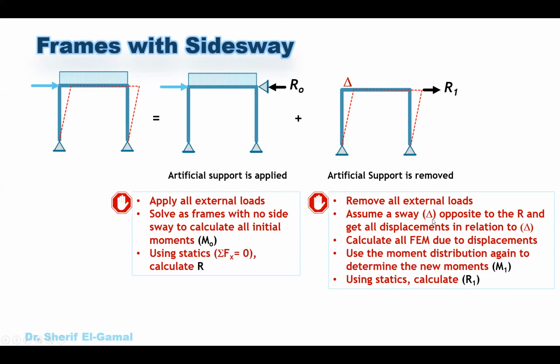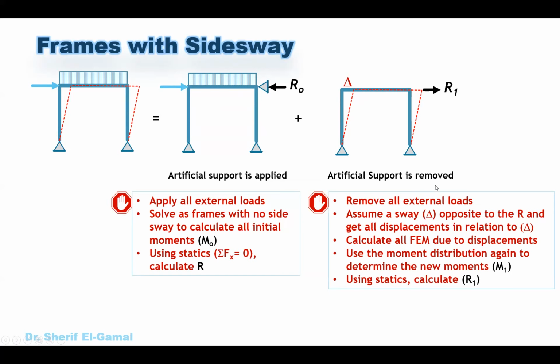Then we assume a displacement delta opposite to the direction of R. In the first case, we calculate the R0. So if this R is going to the left side, we apply the displacement in the opposite direction, so it will be on the right side, and vice versa. If this R was to the right, the displacement we should apply is to the left. In this case, you will not get confused and will get a correct answer. You will not need to worry about direction and negative and positive and so on. Just calculate the R0, the direction of the R0, use the opposite direction to apply the displacement, and things